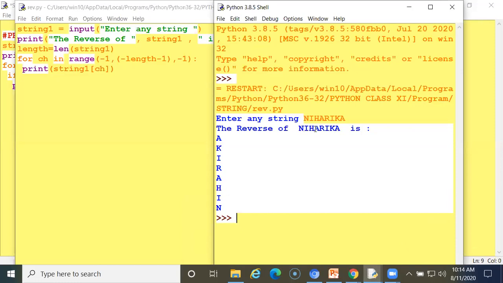This will be deducted from this side and printed in reverse order. See, the last character will become first, and after that second last, then third, and similarly all the characters in reverse order. So in this program, any doubt, children?